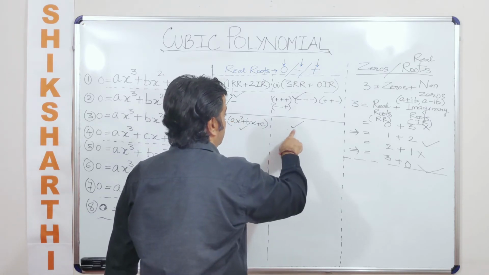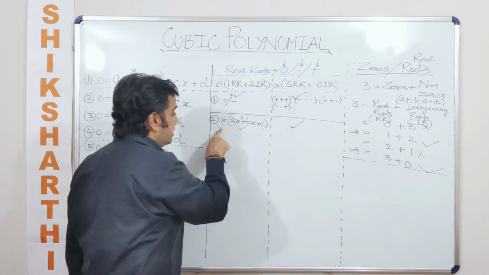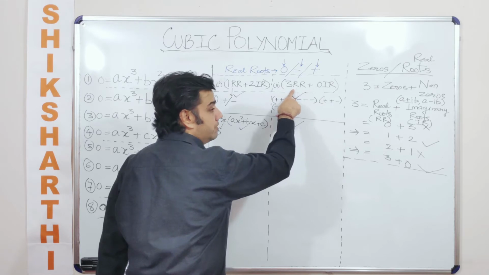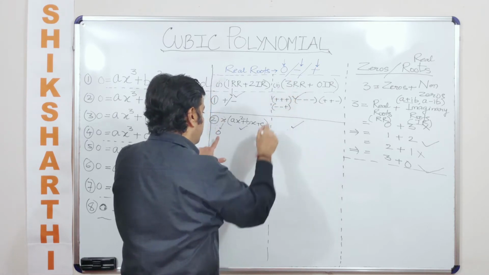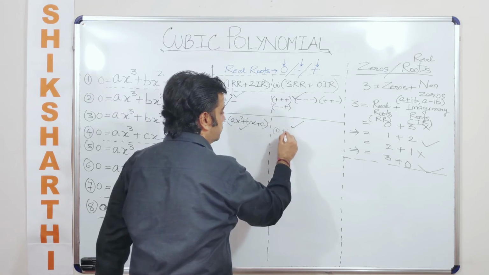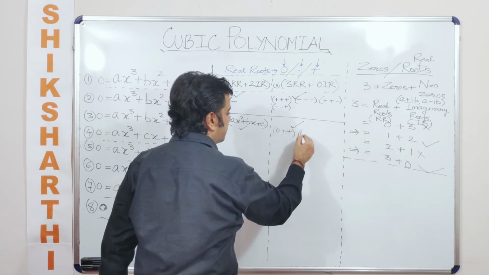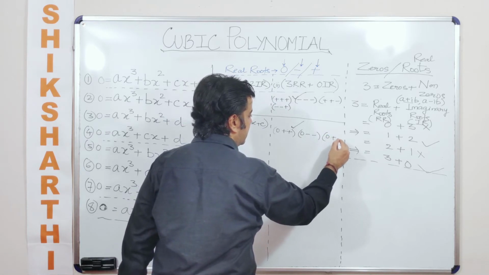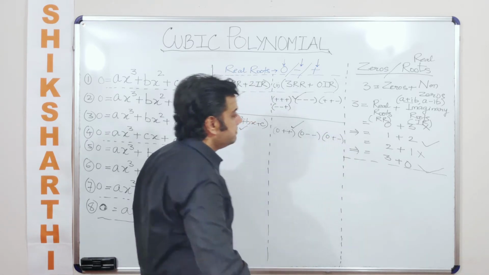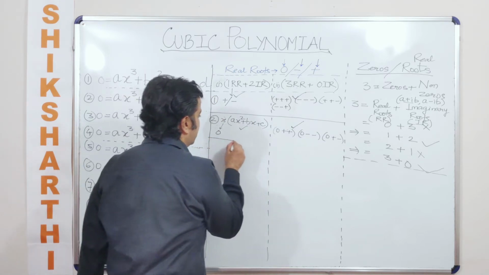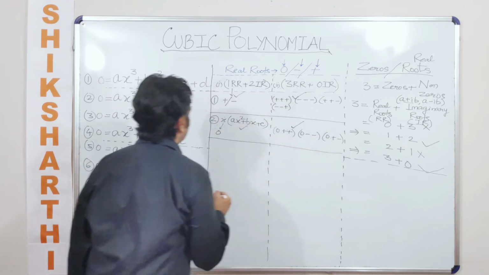Now when we are talking about the second case here, we are talking about 0 imaginary roots and 3 real roots, out of which one root is going to be a 0. What can we talk about the remaining 2 roots? Both of them could be positive, or both of them could be negative, or one of them is positive and the other one is negative. Right? We'll see whether we can have more number of cases here or not.